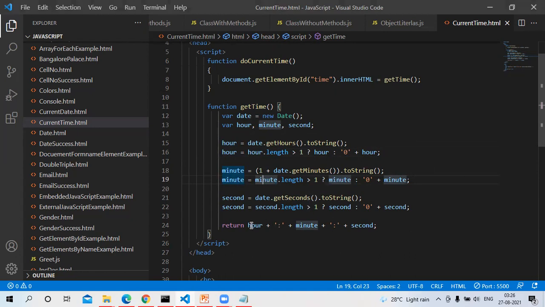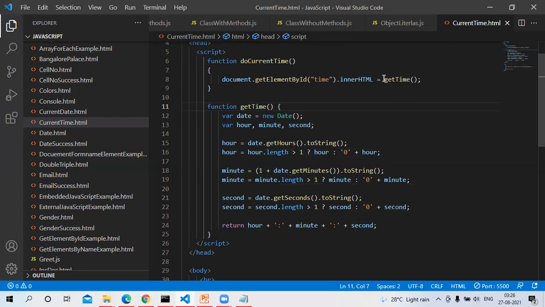Then we assemble it as hour plus colon plus minute plus colon plus second. So this function getTime is responsible for getting the time from the system and assembling it in the format of HH:MM:SS, that is hour, minute, and second.